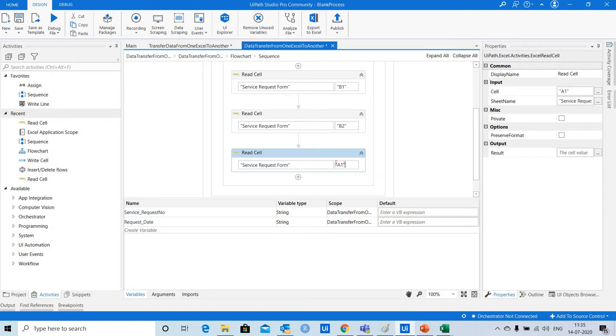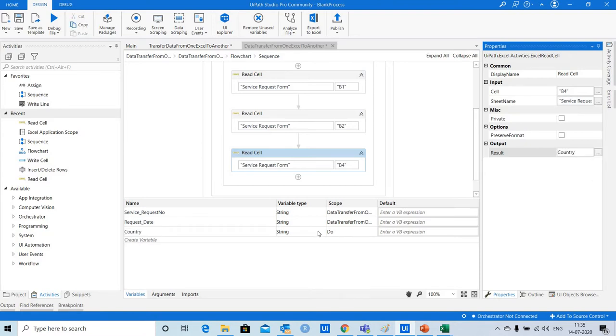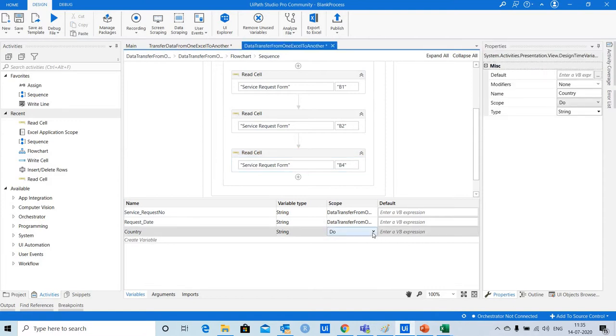So here I'll define the cell name B4. Then I need to define the variable for storing this data. So in this case I'll define variable as country and then press enter. Again I'll have to change the scope to main sequence.